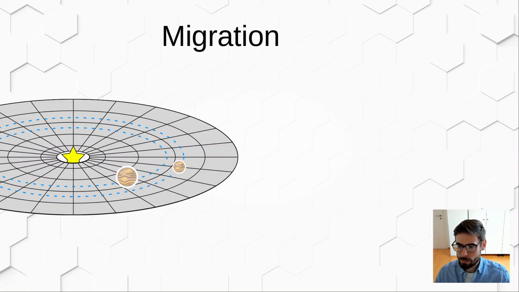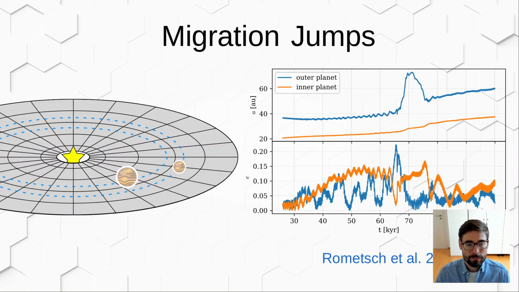And then they'll go about migrating. The results of this simulation look like this. The top panel is the semi-major axis of the planets, the bottom panel is the eccentricity. The semi-major axis goes from 2 to 70 AU in this plot, and you see that first the planets migrate together until they're in what's called resonance, then they migrate outward jointly, and then the outer planet does this blip,